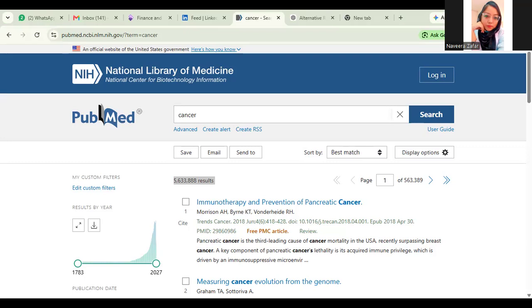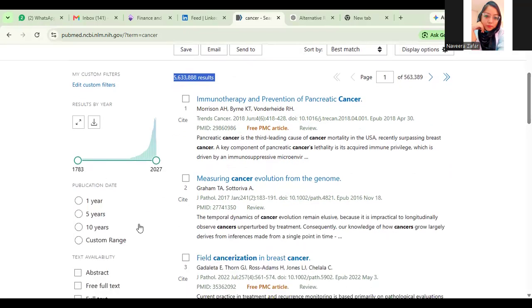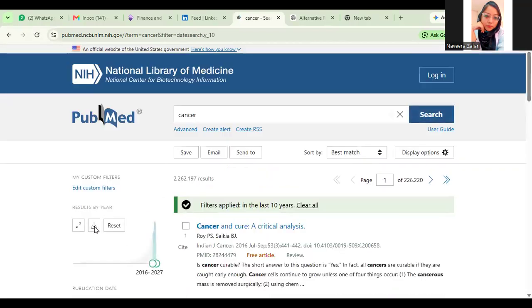And if I am applying the filter of 10 years, it is shortlisting the articles to this figure. So this figure. And if I just clear it again,